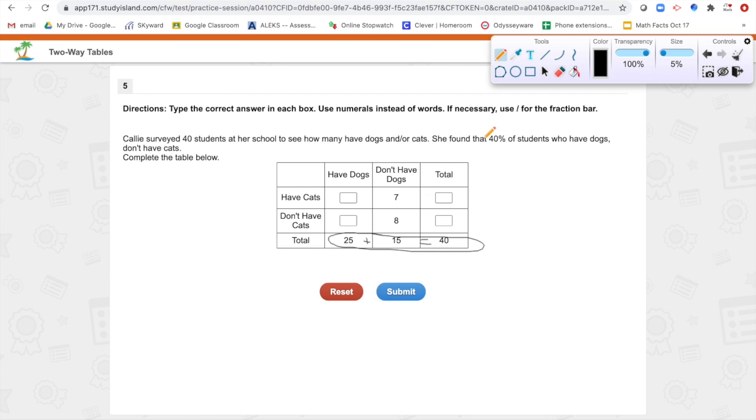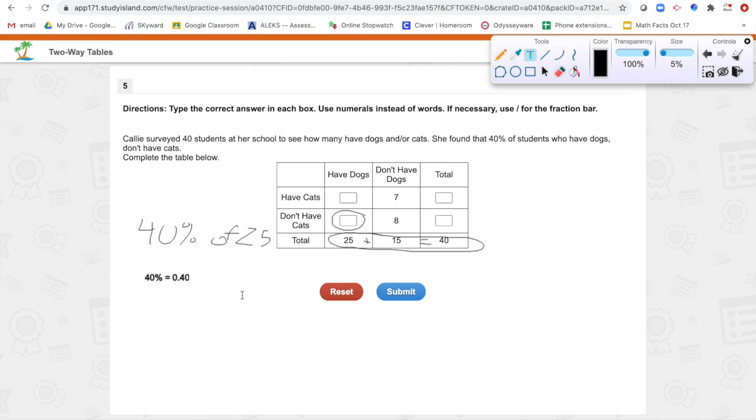So when we look at 40% of students who have dogs, we look at who has dogs, and that's 25 of them. So that box right there is the one that we're looking at. That don't have cats out of the 25 people that have dogs, and it's 40% of those people. So we have to basically take 40% of 25. And percent literally means divide by 100. So 40% means 40 divided by 100, or that's just